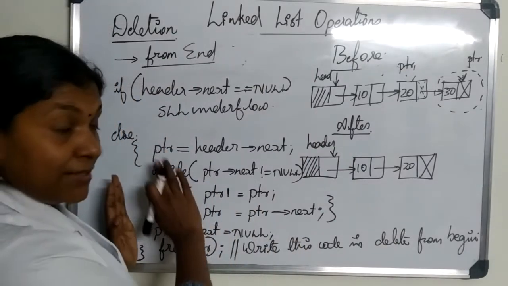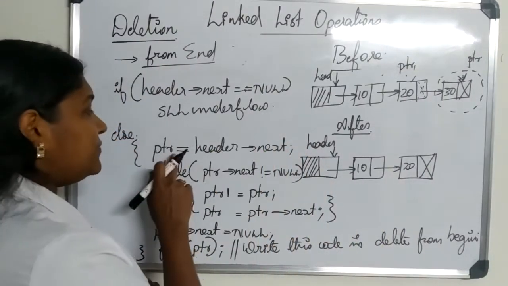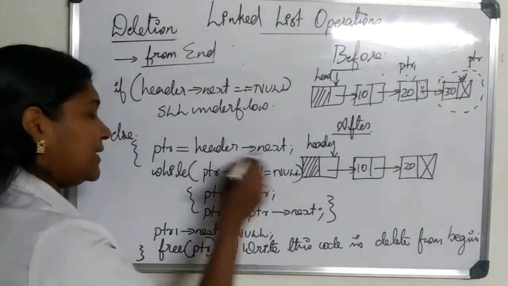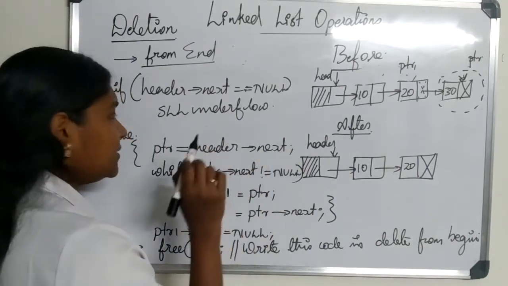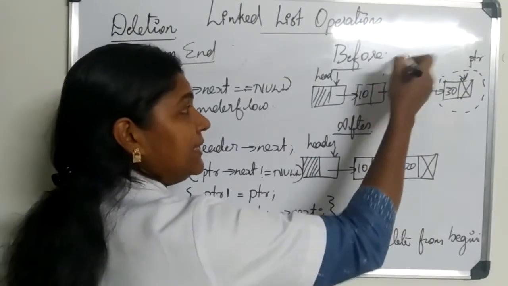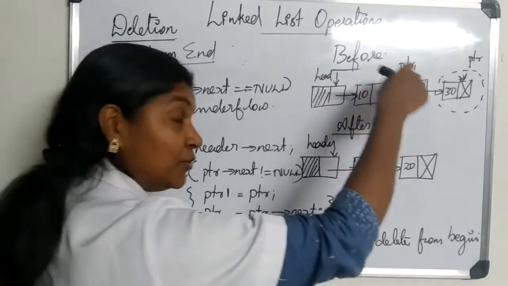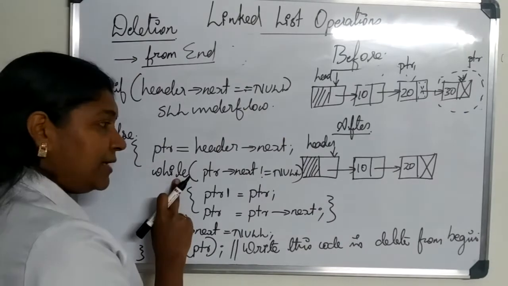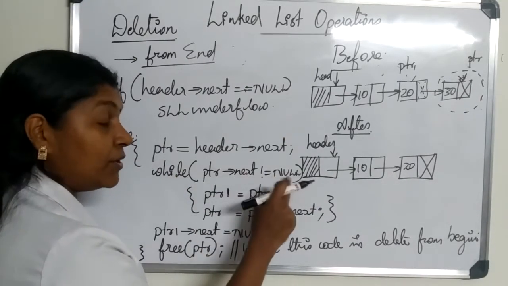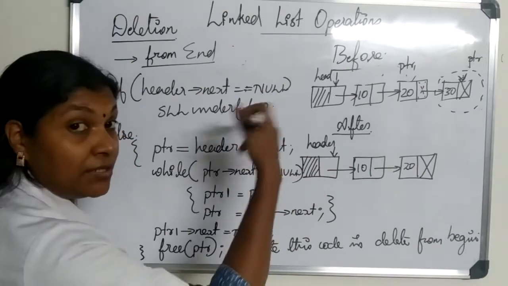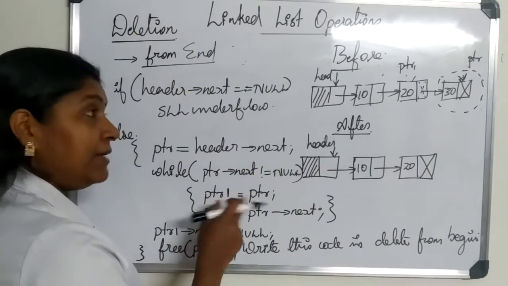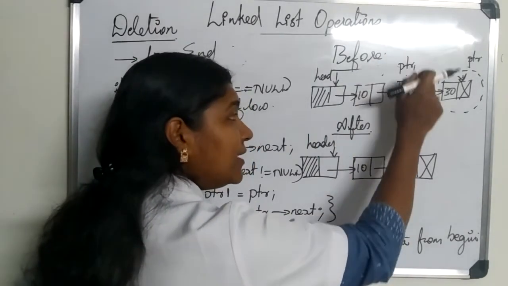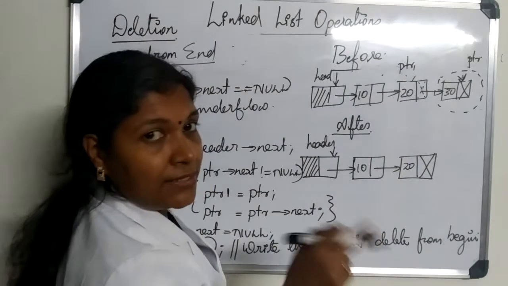So, in the else part, that is, deletion is possible. Then first we make PTR point to this node, that is PTR is equal to header dot next. Then, we are going to make PTR traverse till the end, and we are going to make another pointer PTR1 follow PTR. Okay. So, we are applying the condition while PTR dot next not equal to null. Then, if the condition returns a true value, what are we doing? First we are making PTR1 point to PTR. Then, we are incrementing PTR to the next position.